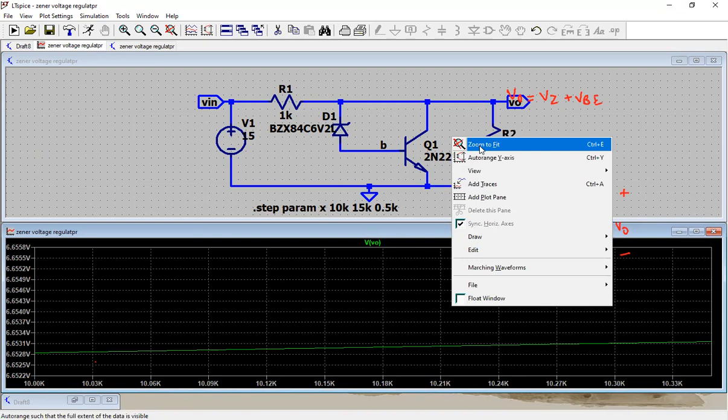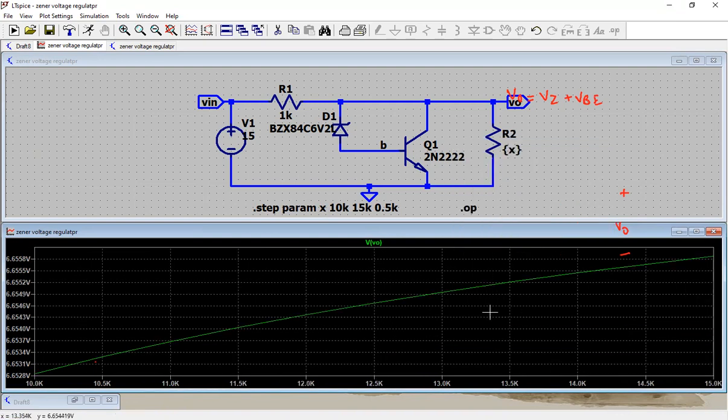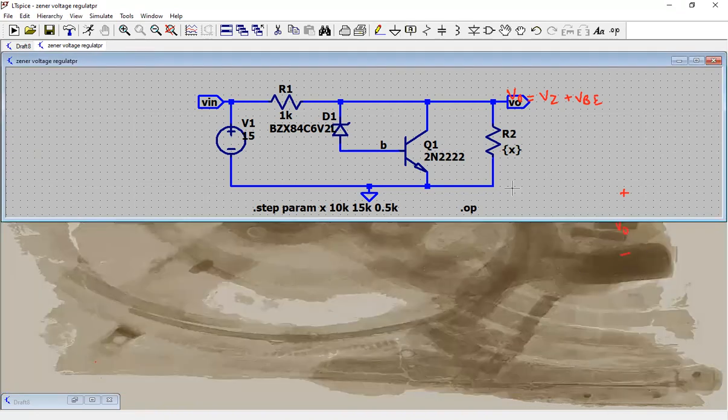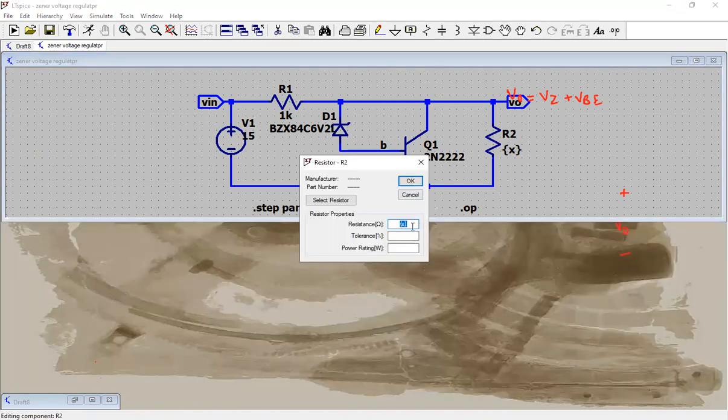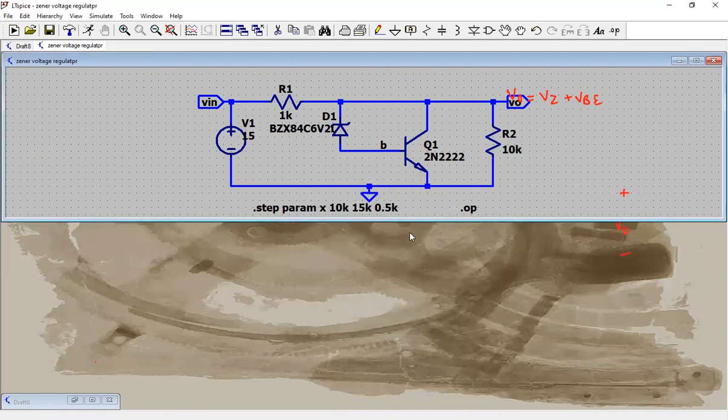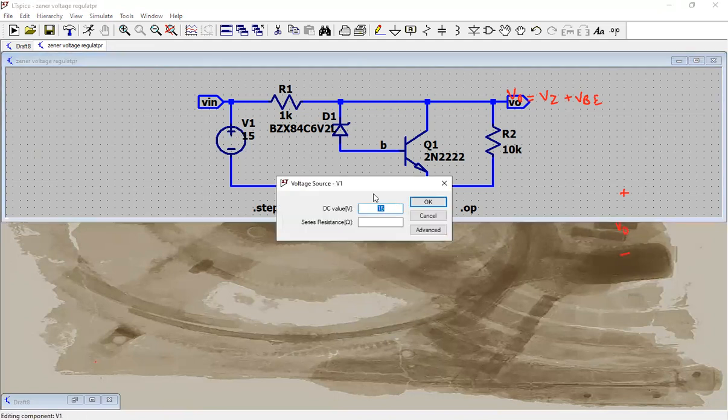Zoom to fit. Not much variation is there. So it's a pretty robust output I'm getting. Next, what if I want to keep the value of load constant, and instead vary